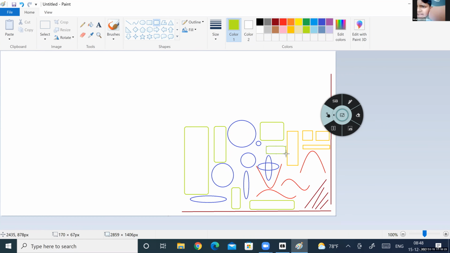It's curved. The corners of these are not pointed like the original rectangle or the square. It is rounded or curved in nature, so we call it rounded rectangle. What is this? Rounded rectangle. Very good.